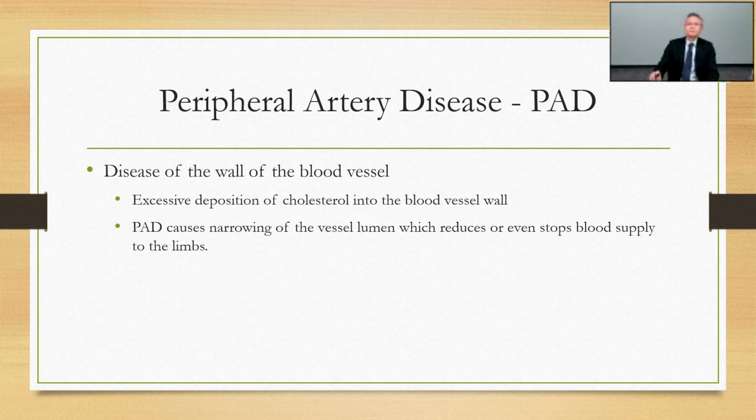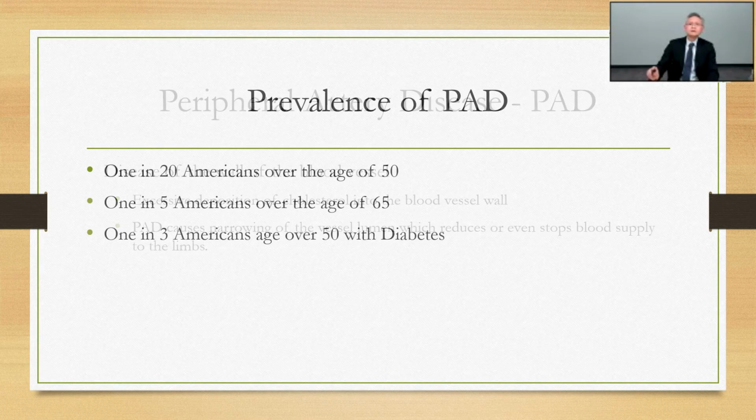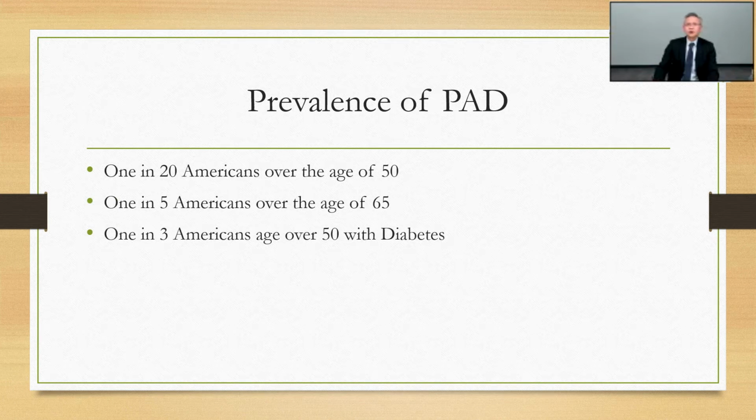Now we know what PAD is. How common is this as a problem? Currently in the US, among the population aged more than 50, the odds of having PAD is 1 in 20. And if the population ages a little further, say more than 65, about 1 in 5